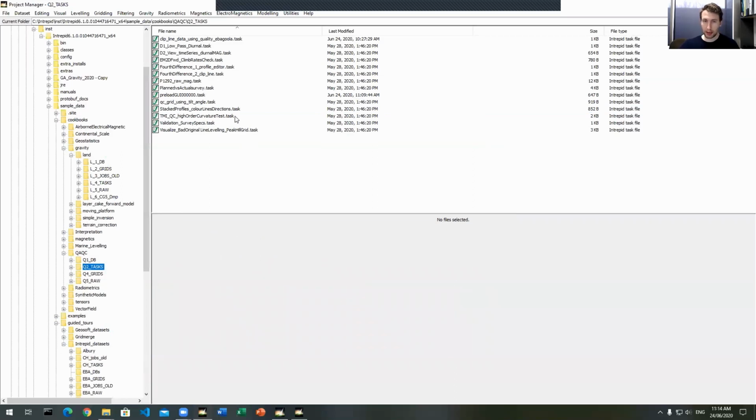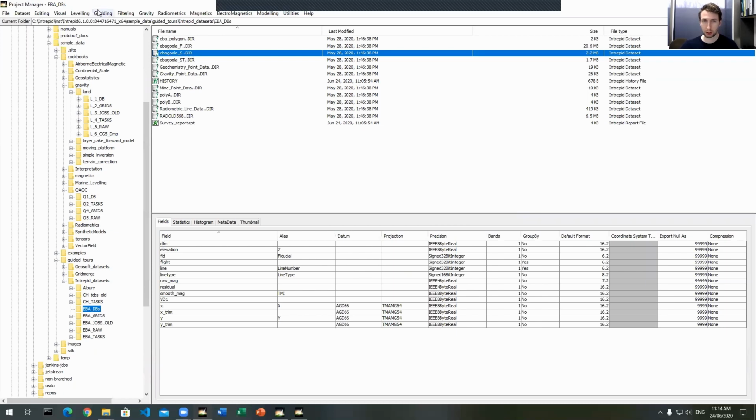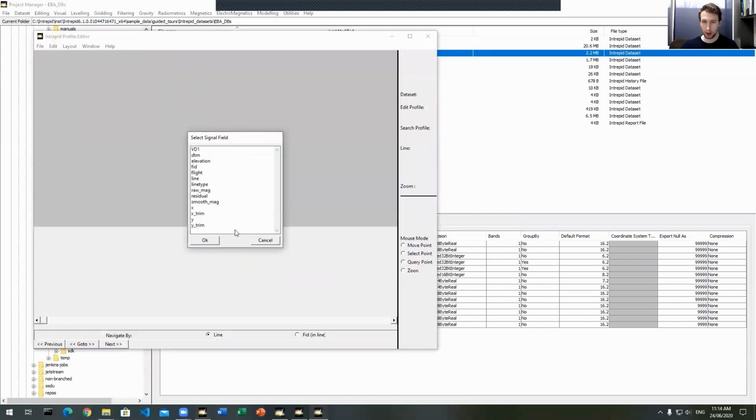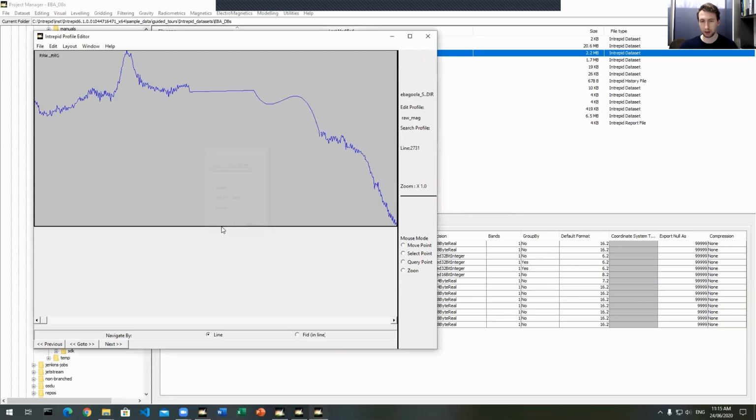Now we'll start looking at the actual signal within the data. So I'm going to bring up my eBagula database again. So I'll click on here. And I'm going to open it in the editing profile editor. And our signal field is the raw mag field. Now we've got a couple of different filters we can apply to our signal. First of all, I just want no filter applied, so I'll click OK. That brings up our